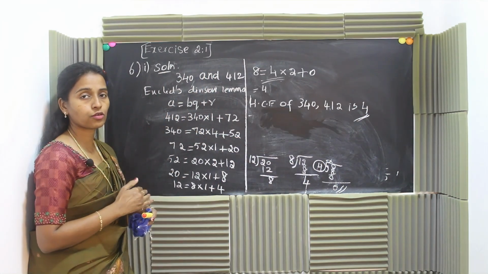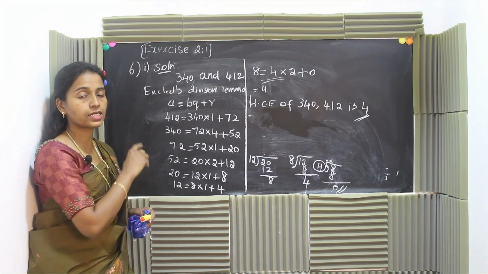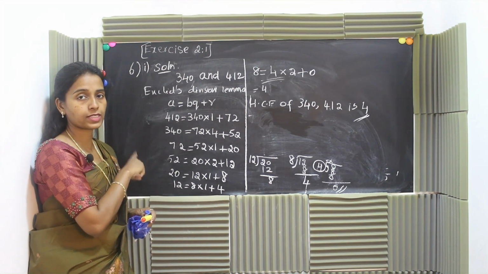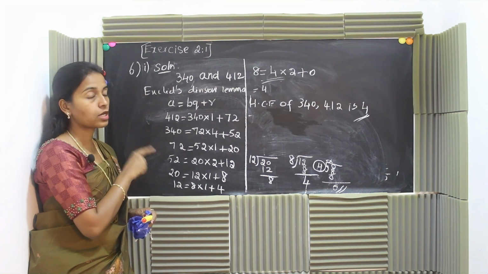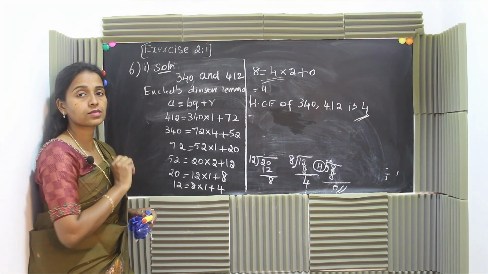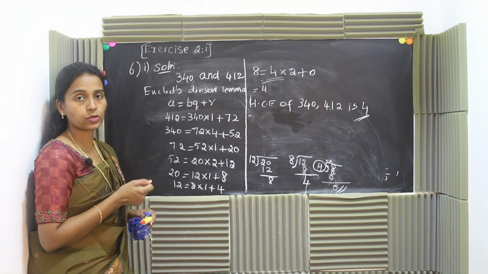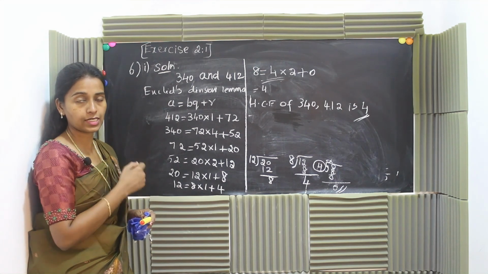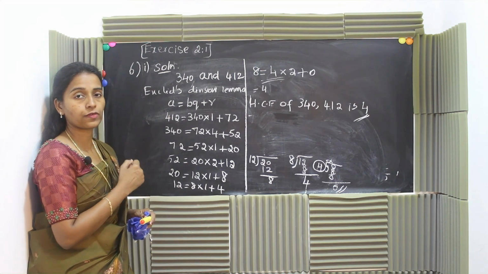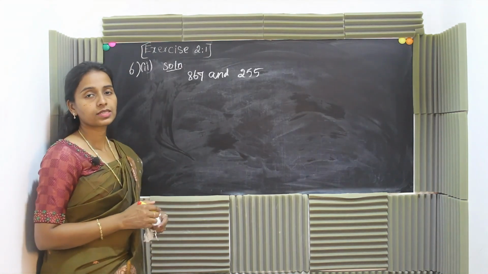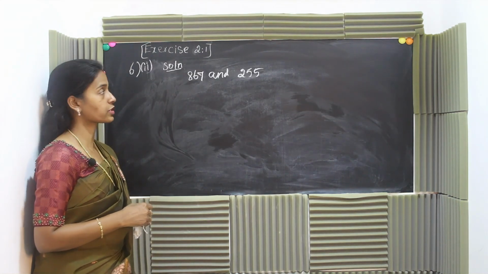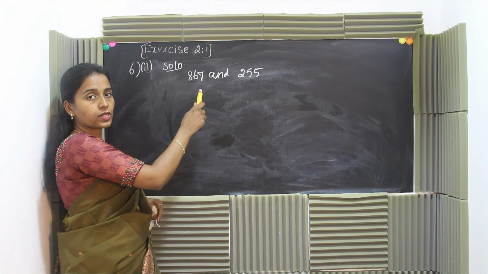This is the answer of the first sub question in the 6th problem of exercise 2.1. Now we can solve the next sub question in the 6th problem of exercise 2.1. This is the second sub question. We need to calculate HCF of